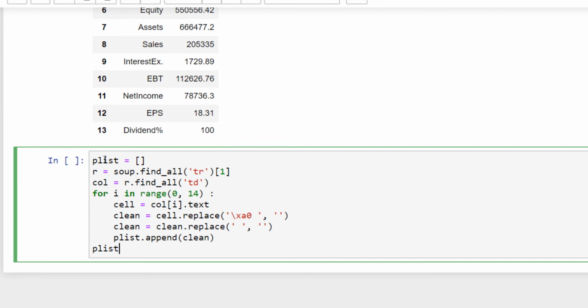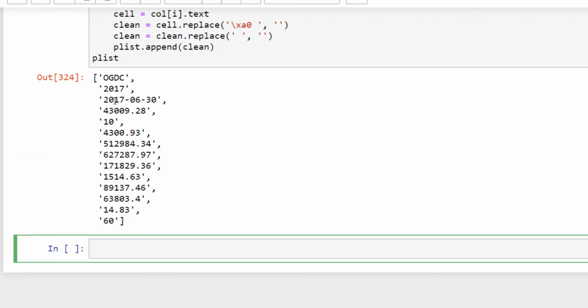So we are creating a Python list. This time we are processing the third row, so index 2. We don't need to change the TD because all other cells have a tag of TD, and we then create a Python list and keep on appending results to it.